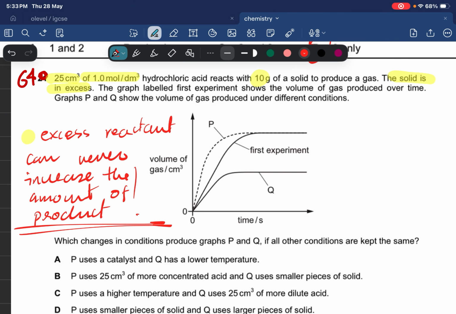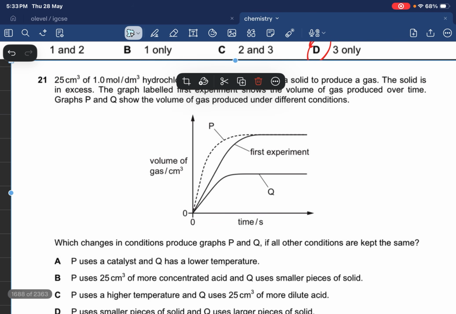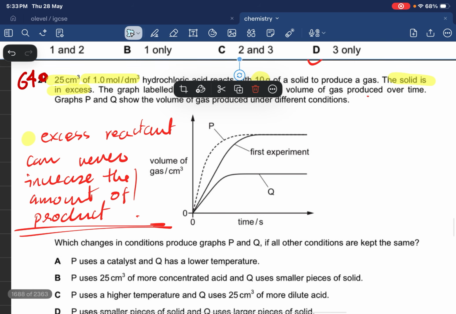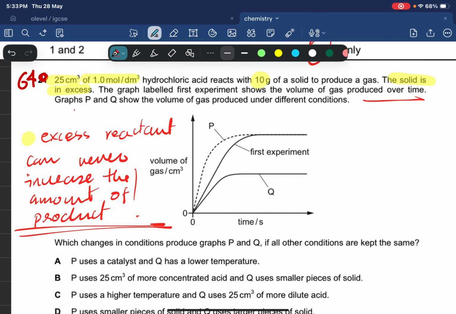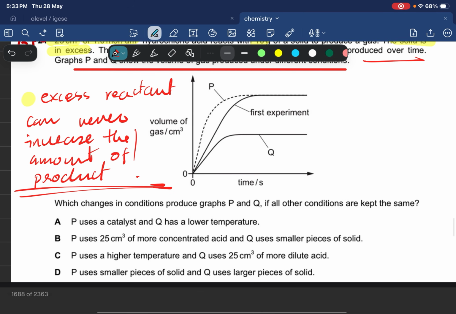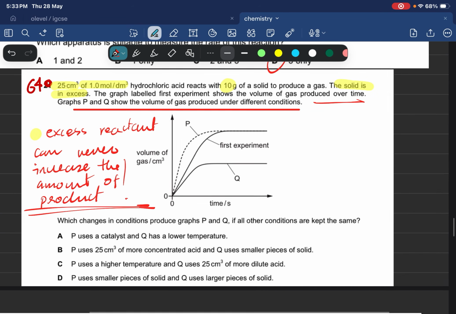The graph labeled first experiment shows the volume of gas produced over time. Graph P and Q show the volume of gas produced under different conditions. So the first experiment has 10 gram of the solid in 25 cm cube and 1 mole per dm